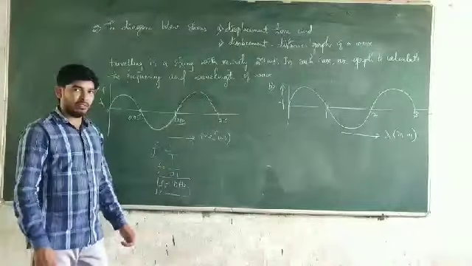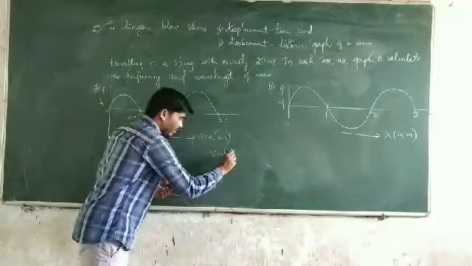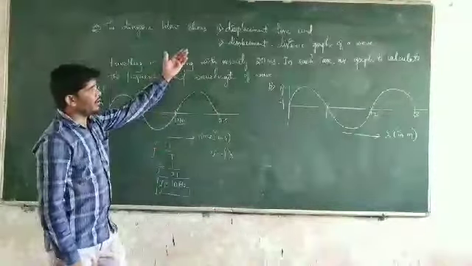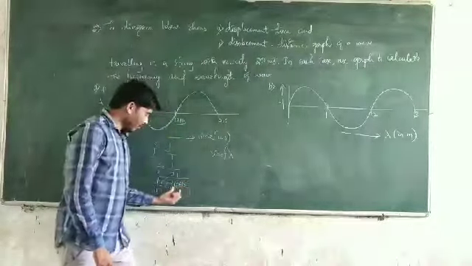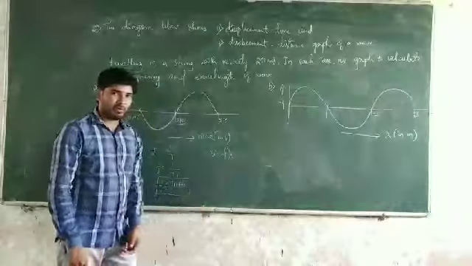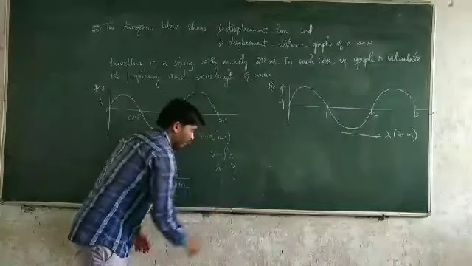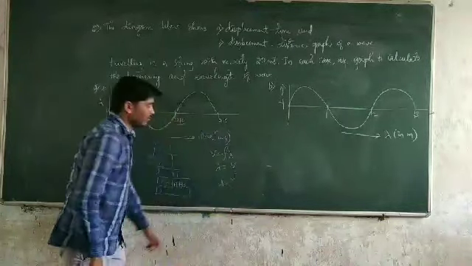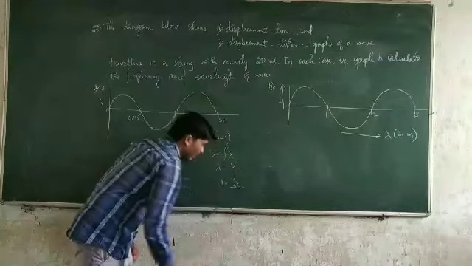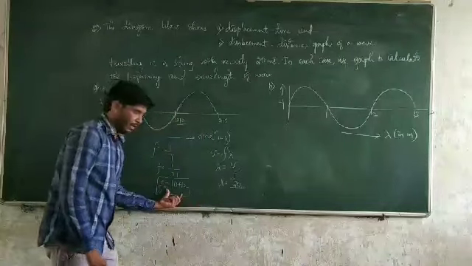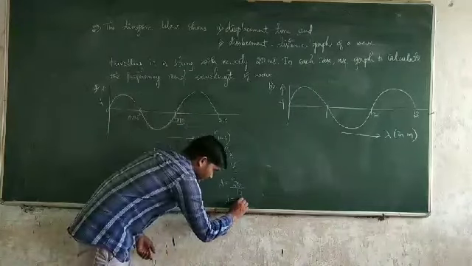How are you going to find out the wavelength? v is equal to f into lambda. In the question they have already given the velocity of that sound wave, that is v, and the frequency we have just calculated, so now we only need to calculate lambda. So lambda is equal to v by f. What is v? The speed of sound, that is 20, divided by the frequency, which we got as 10. So lambda is equal to 20 by 10, which means it is 2 meter.